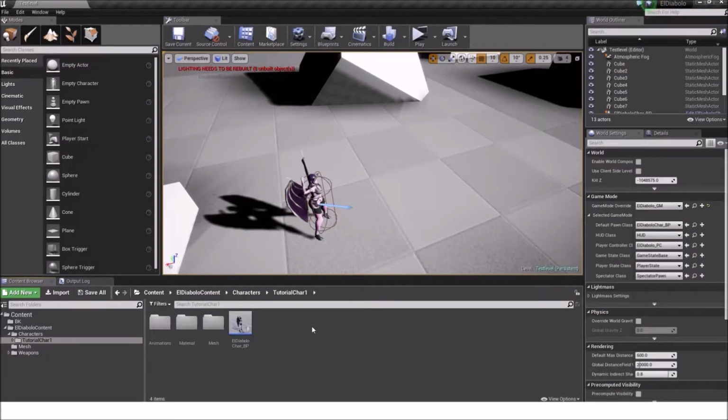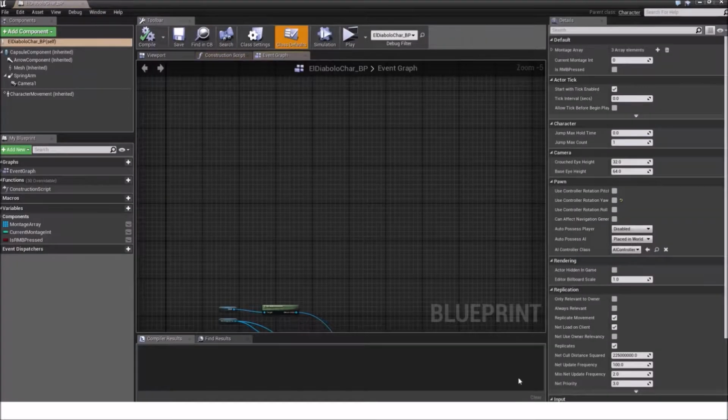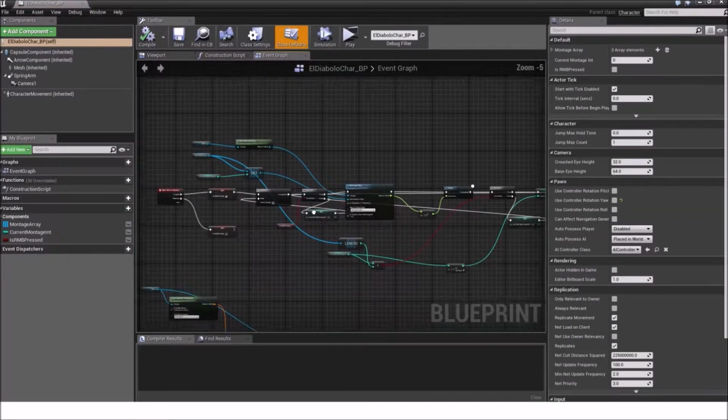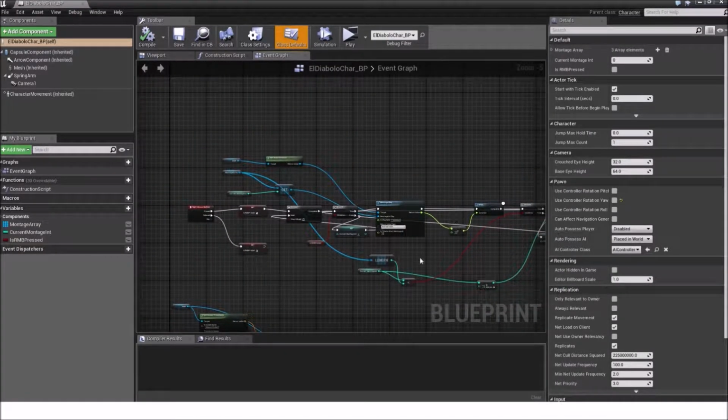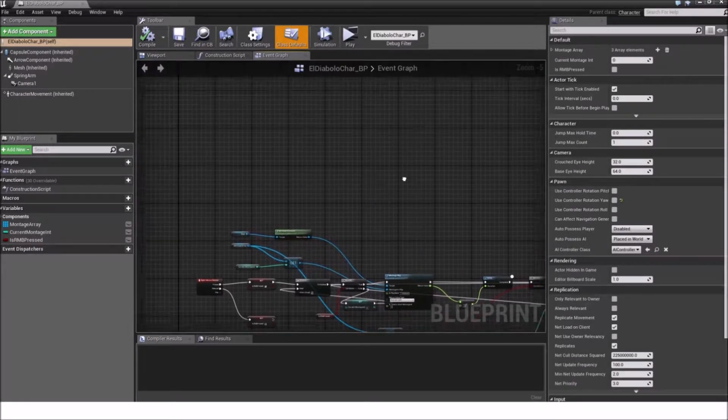Well, today we will create a zoom feature for our character and we will create a rotate feature so we can rotate around the character. So double click on the Diabolo card blueprint and we will have our previously created combat system. Now go to a free space